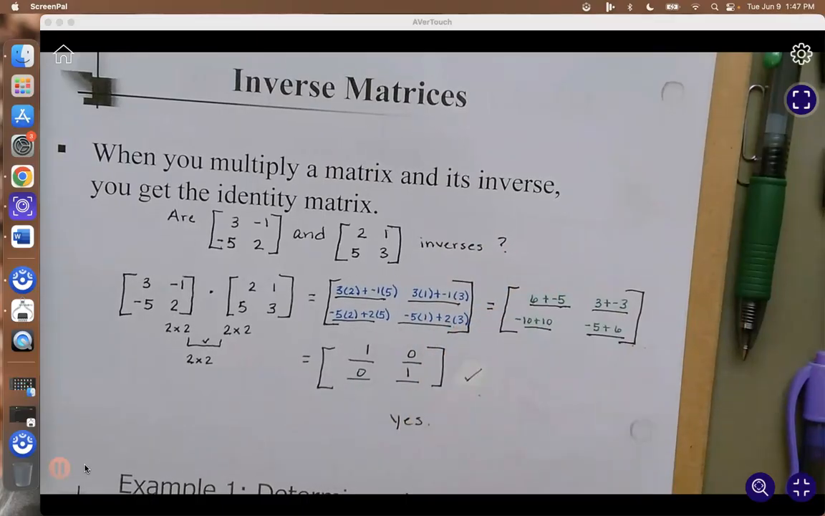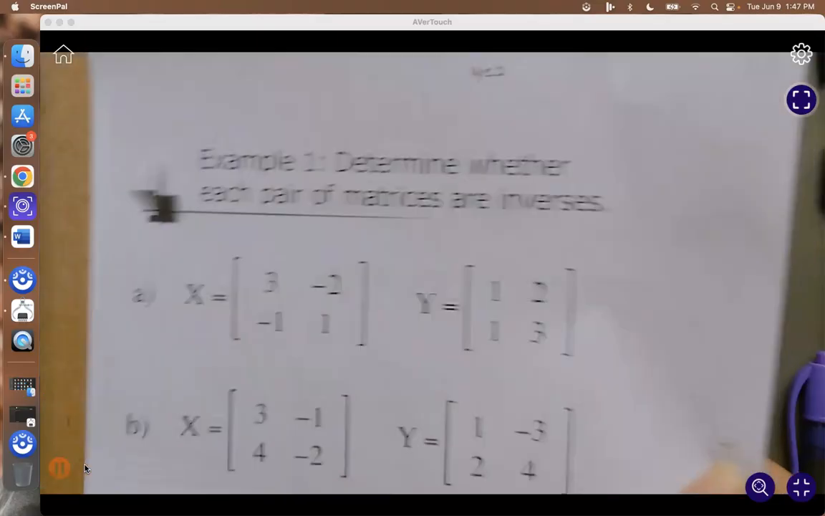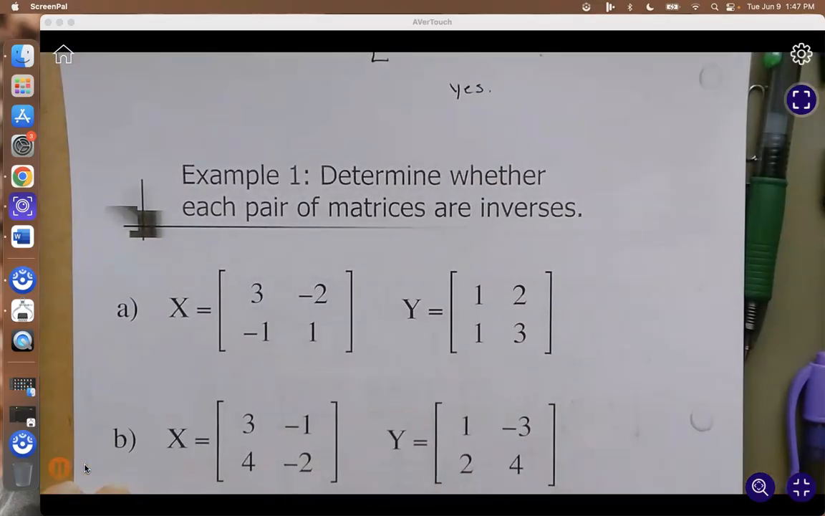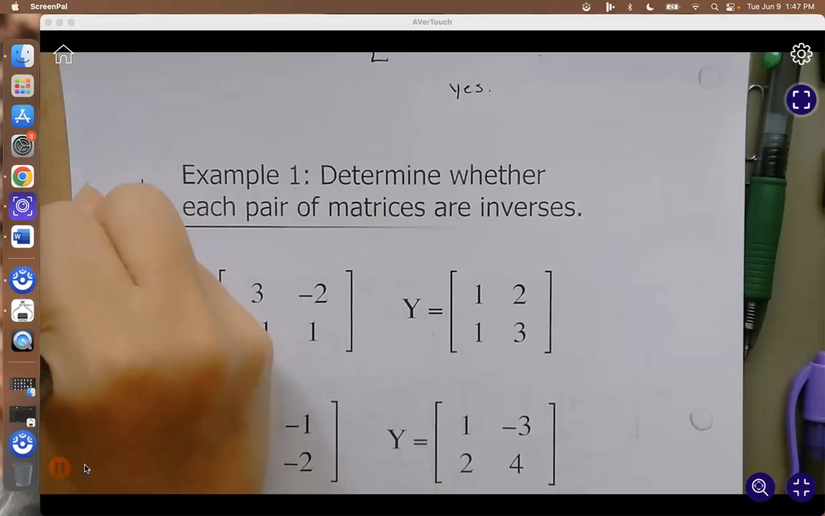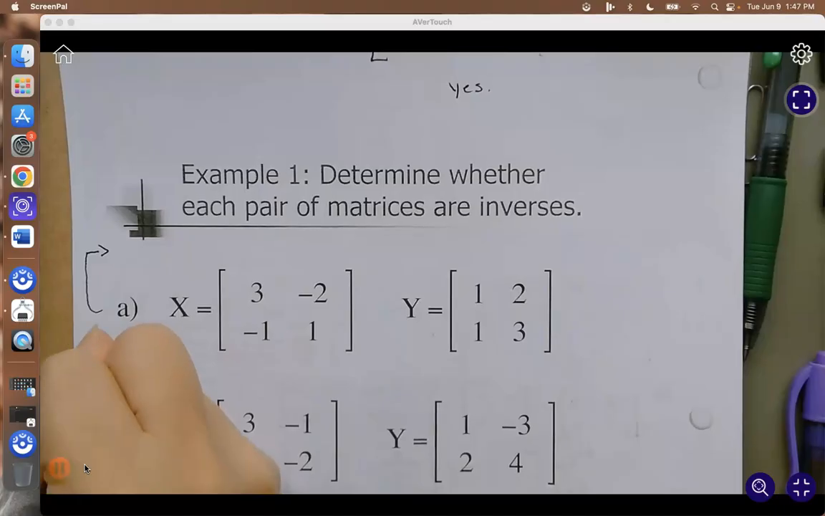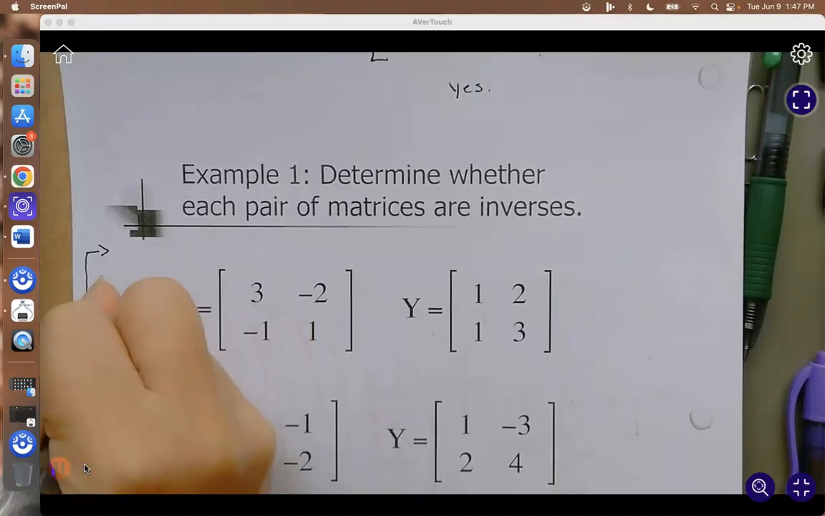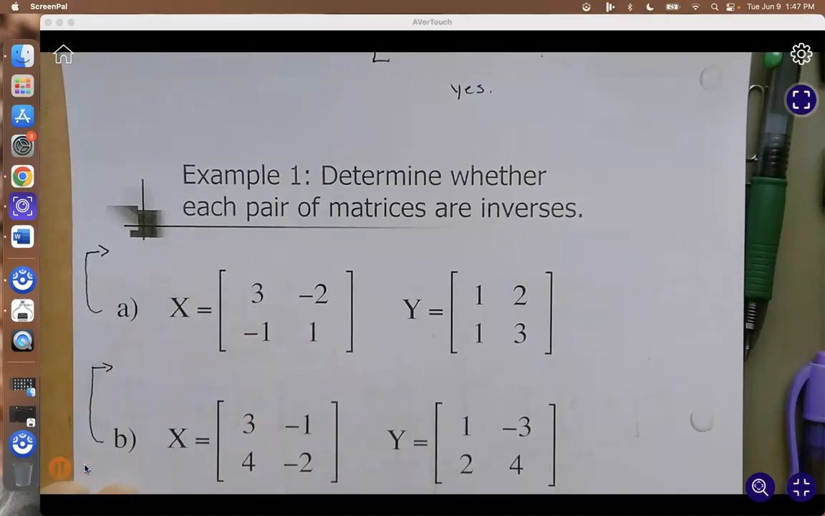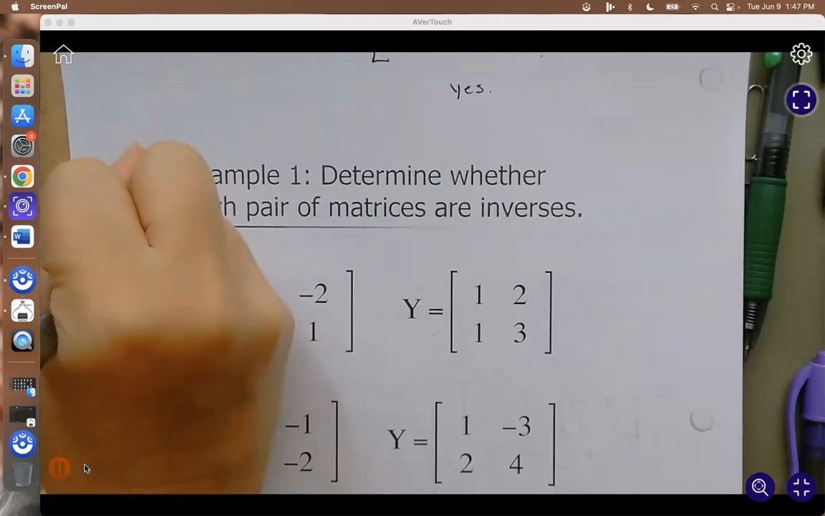All right. Yes, they do work. All right. So determine whether each pair of matrices are inverses. It would have been great if they gave us a lot more room to work. So we're actually going to work this one up here, and then we'll work this one up here. Okay, so we're going to do 3,